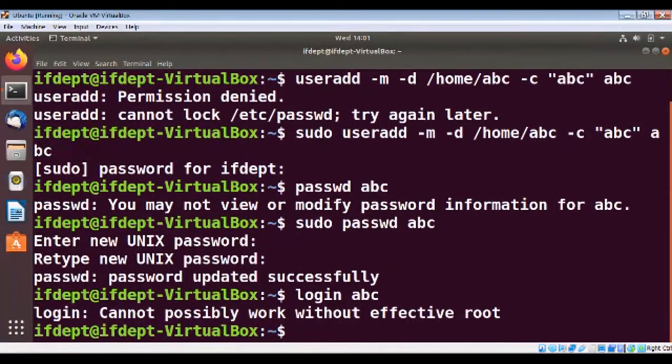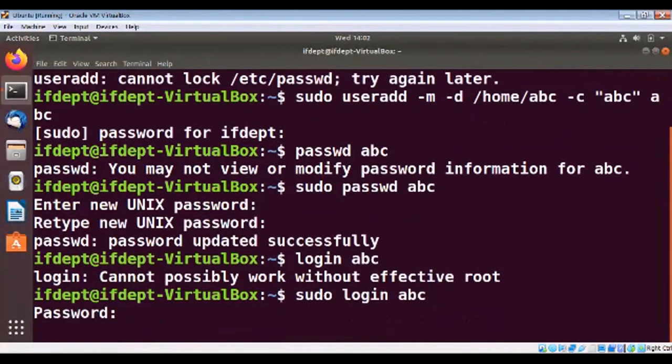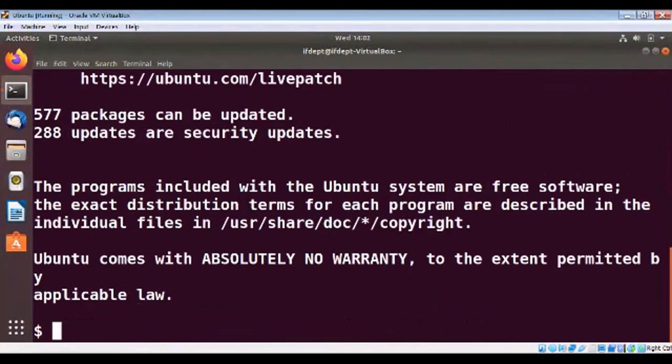Again it will ask me to put the sudo command. So here I have to put sudo login. Then it is going to ask me the password for ABC. So just put the password, and see here, you have logged in as the ABC user, right?